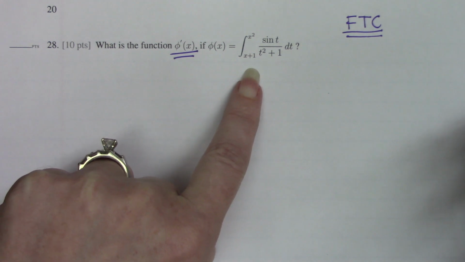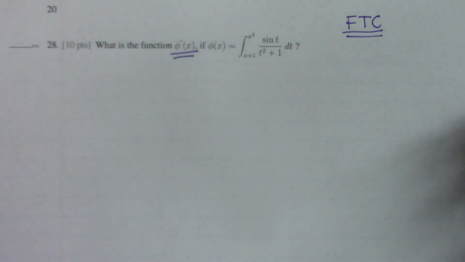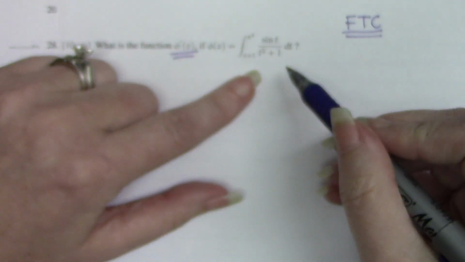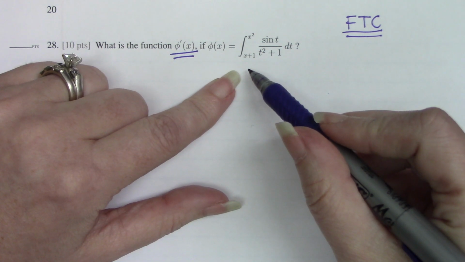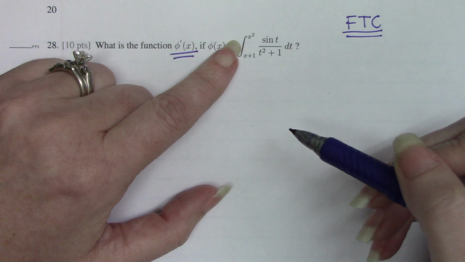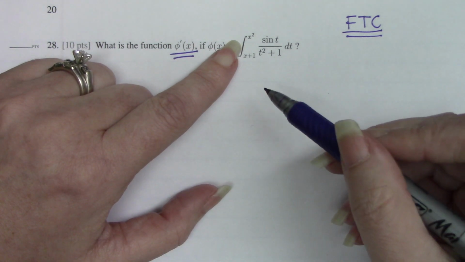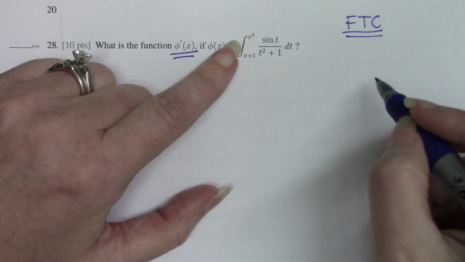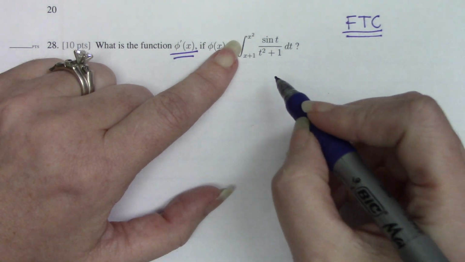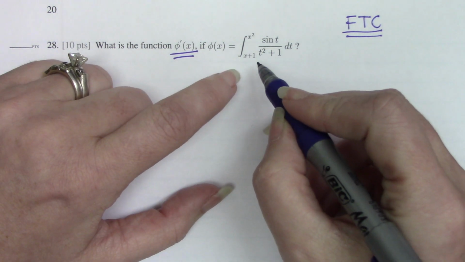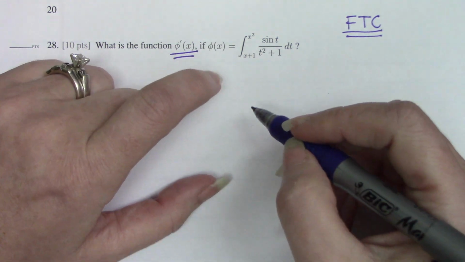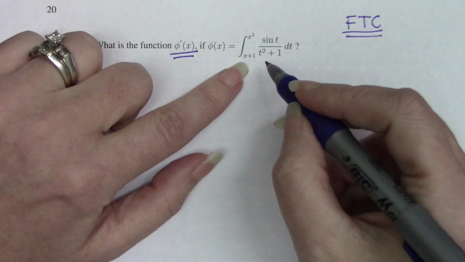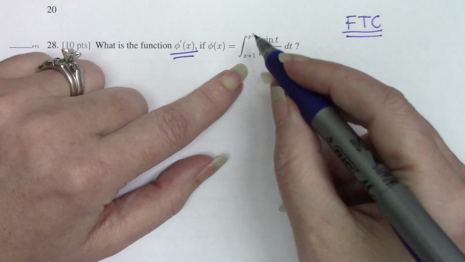Now, the conditions that need to be met, it's a very quick, direct process, but the first thing that you need to check about the integral you've been given is that the lower bound needs to be a number. It could be any number, just a number, and the upper bound needs to have the variables in it. If that is true, then it's a very quick path to the answer, and I'm going to explain that in just a minute. If the bounds are not in the correct order, we reverse the bounds to get them in the correct order. Now, in a situation where they're in both locations,